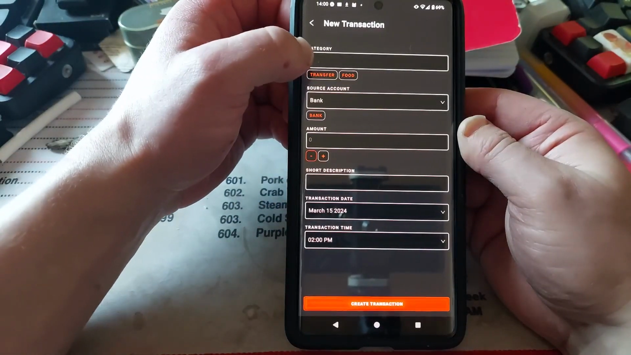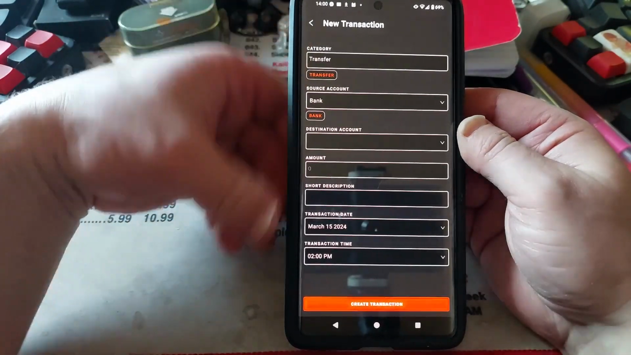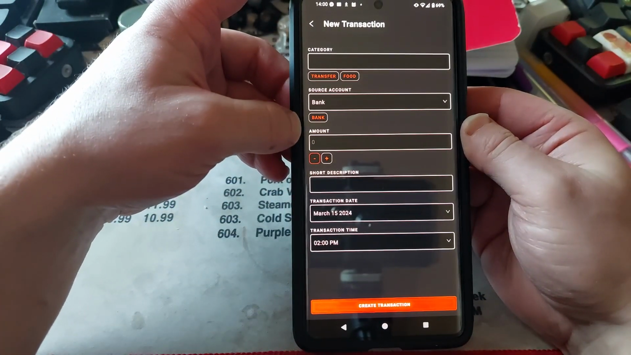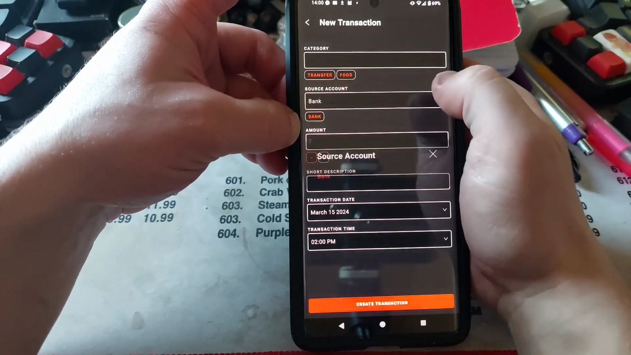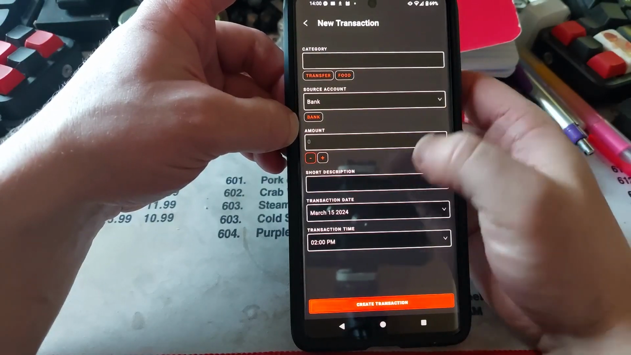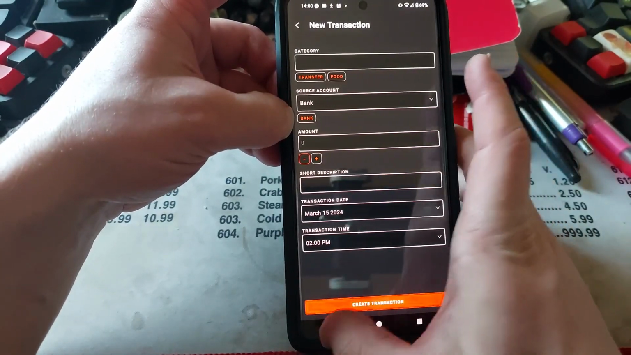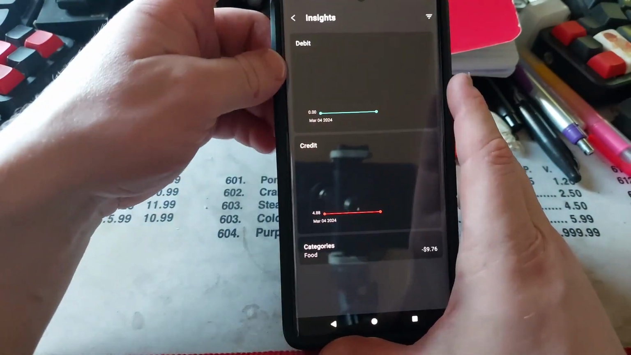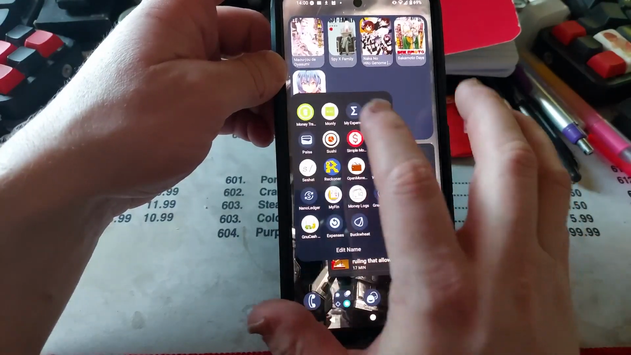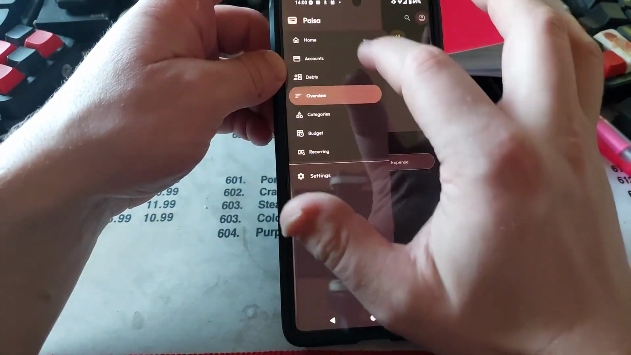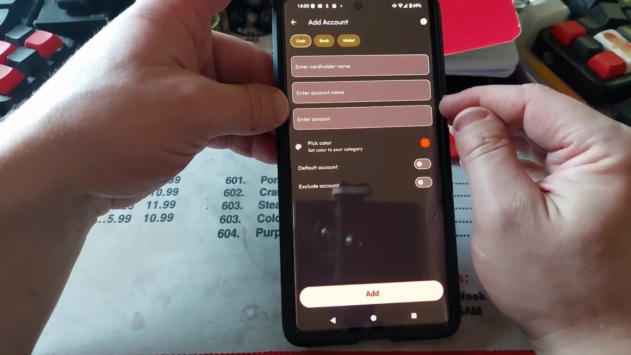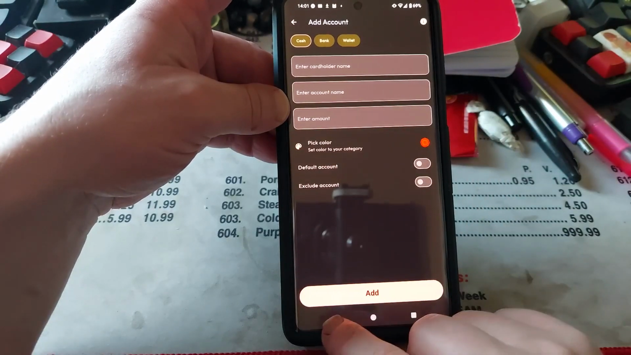So you've got your transaction type, you've got a transfer from one account to the other, and so on. Source account, so that'll be like, where are we getting this expense from? Short description, the amount, time, and creating the transaction. Here's our cool graph that tells us how much we spent on food. And if I go back into the other ones, if I go back to the accounts in Pisa, I can add it here. You can enter the initial amount and things like that. Just like